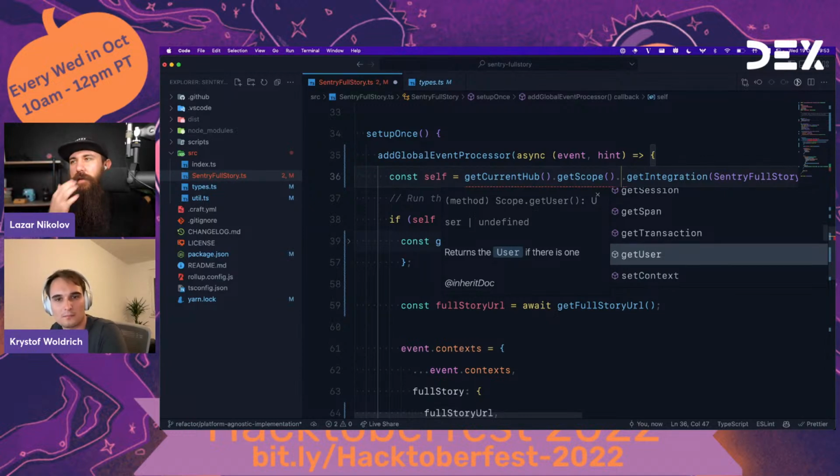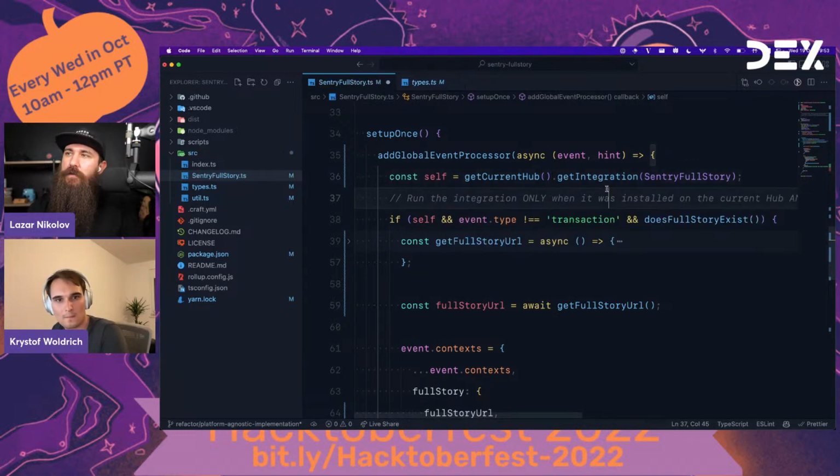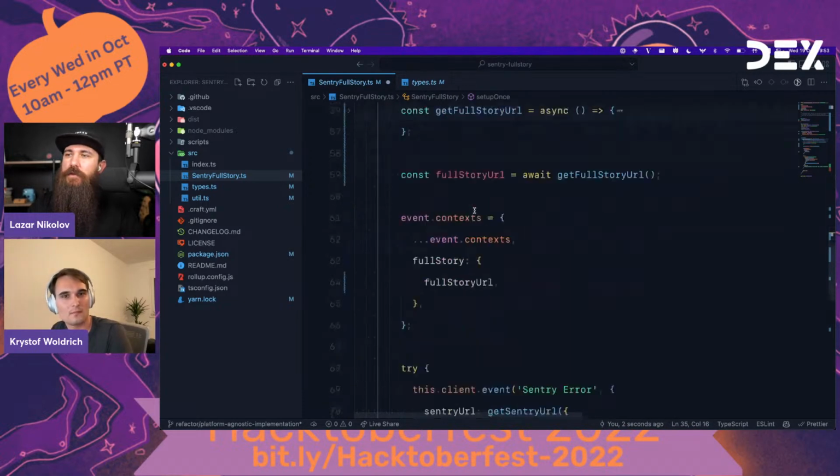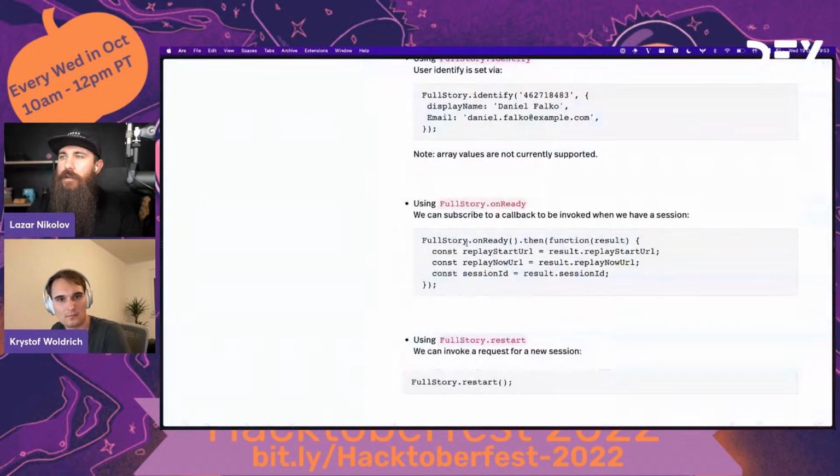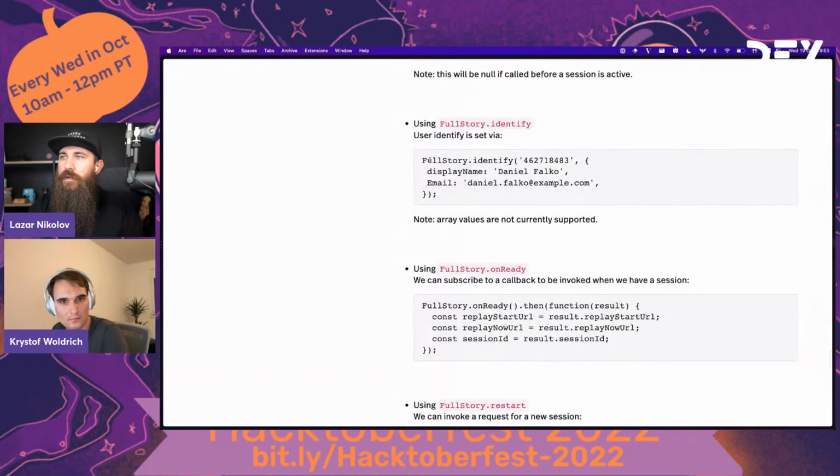So we can even enrich this if we could. We can get the user here before actually getting the integration. We'll get the hub. From the hub, we'll get the integration and potentially the user. But I guess this is going to be done in userland,